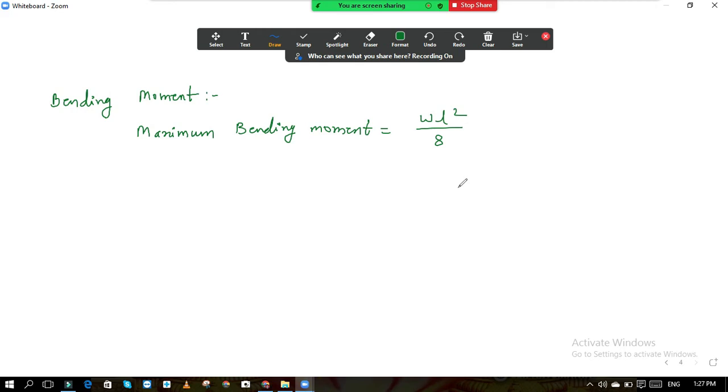Also the weight of the landing is there, that I will tell you while solving the problem, how to calculate the weight of the landing. So you can remember this, we consider the staircase just like a simply supported beam. The maximum bending moment in the staircase is WL square by 8. In the case of dog-legged staircase I am talking. For your syllabus only two types of staircases are there, dog-legged staircase and open well staircase. So for the dog-legged staircase, we take the maximum bending moment as WL square by 8.